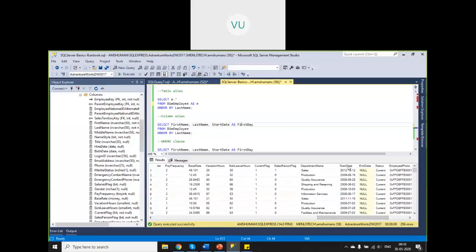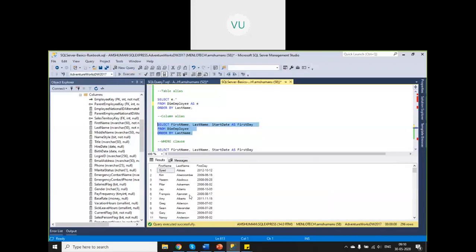Yeah, start date, right? So here by default it will display whatever columns are there in the table. So here you are getting start date only. Now we will see how the alias will work. You select it. So instead of start date, you are getting the name as first day. This is only for this particular result set. This does not mean the column name has changed permanently in your table. If I mention something else like temp, it will say temp, whatever you give. And if I don't mention anything, right?